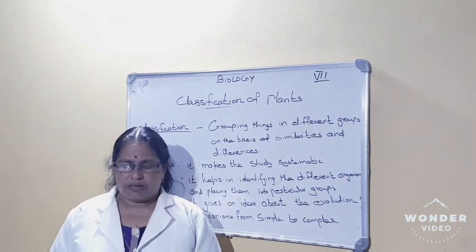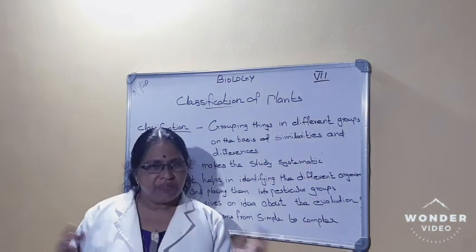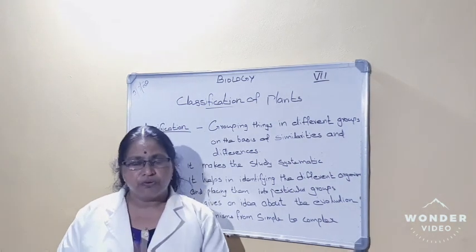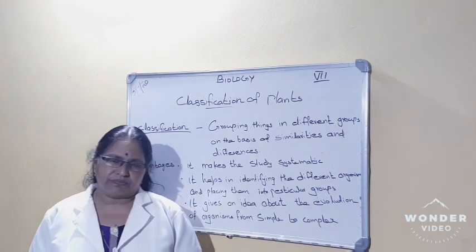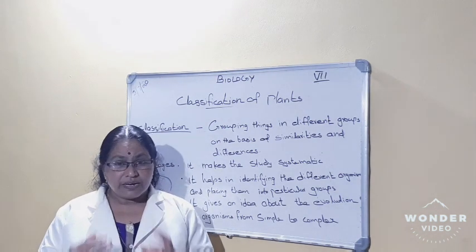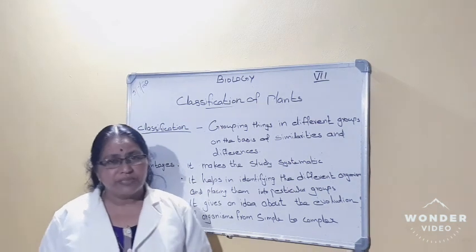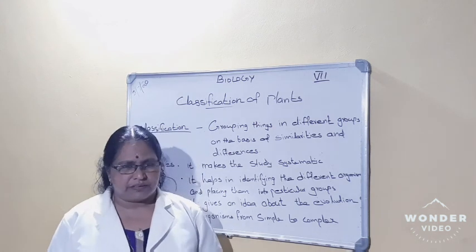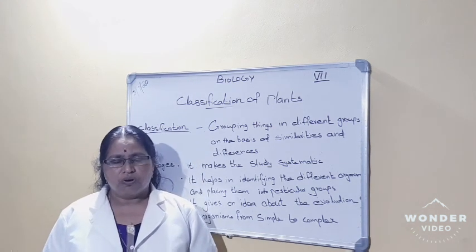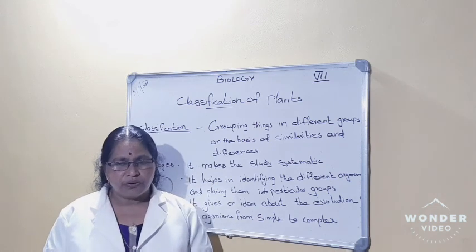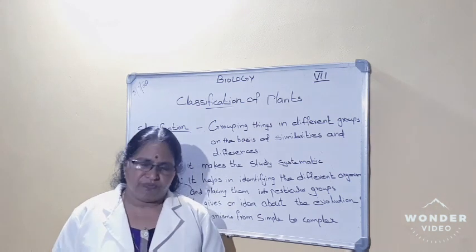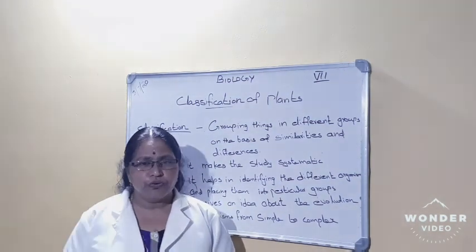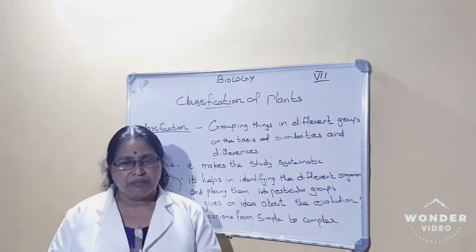So, all the things around us can be classified into living and non-living. Okay, that we can leave. Then about the living things. You know, biology is the study of living things. So, to learn about biology or to study about these living things, it is not so easy to study all the living things together. So, what shall we do? We have to arrange the things in different groups. So, all the living things around us can be divided into two groups mainly, plants and animals.